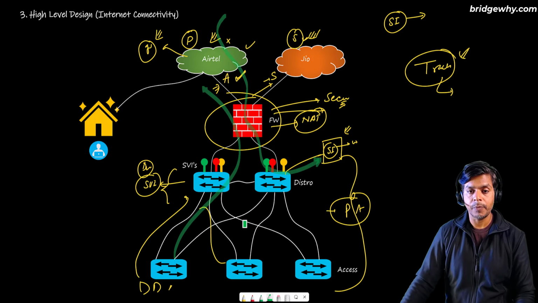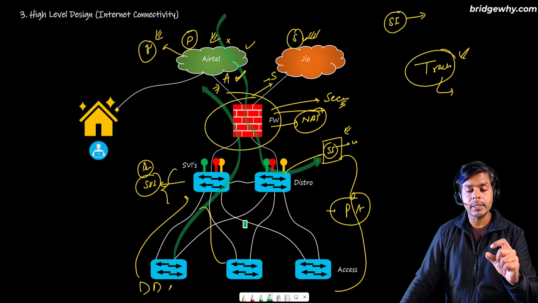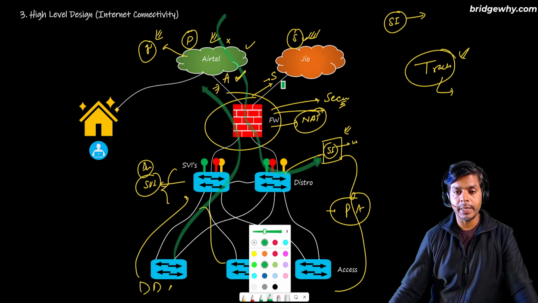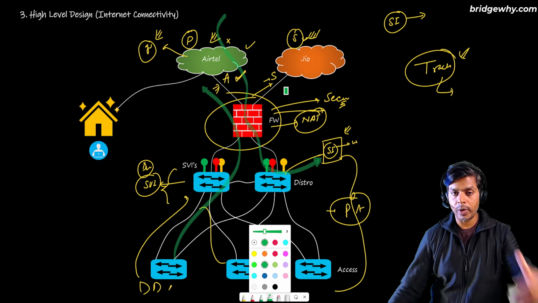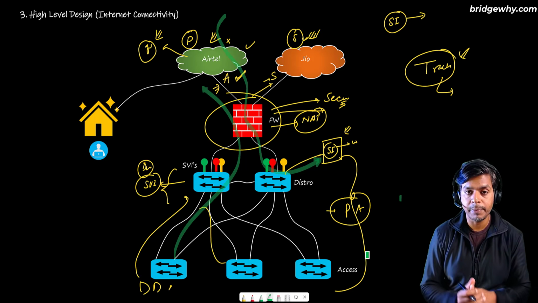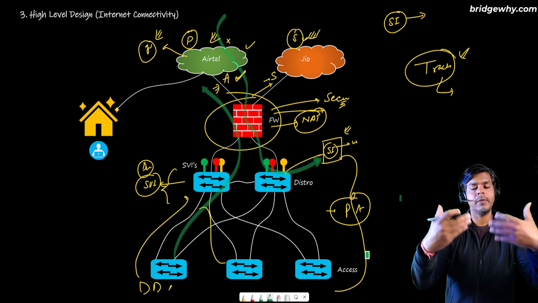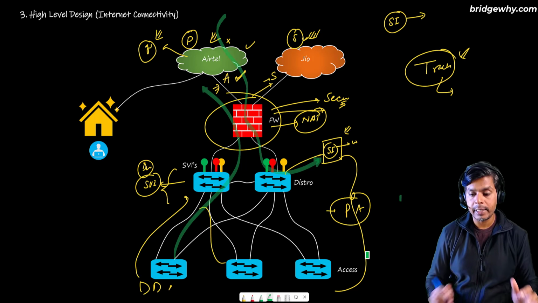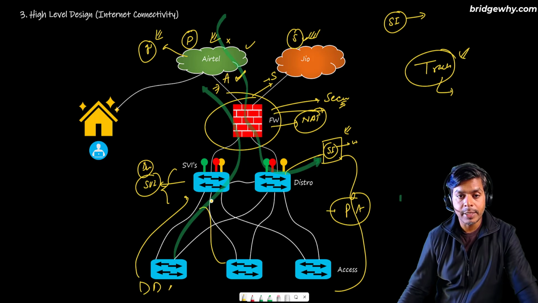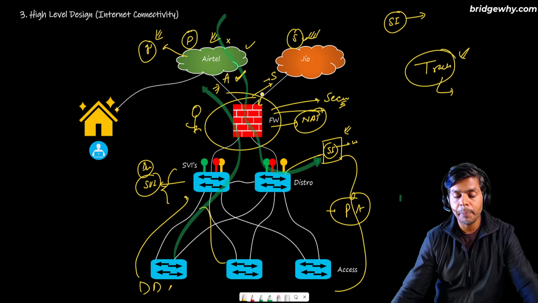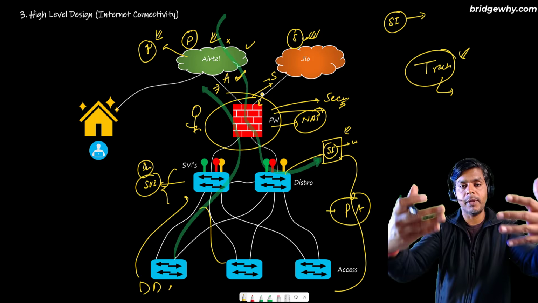But right now it is not letting anybody come from the internet towards your enterprise. Why? Because it believes that whoever is coming from outside to inside, I am not going to trust it until and unless somebody who knows the firewall opens a port or punches the firewall so that people from outside can